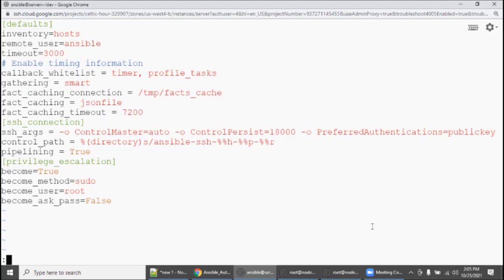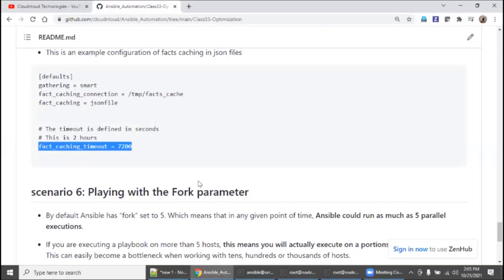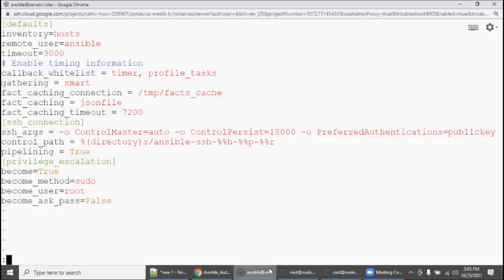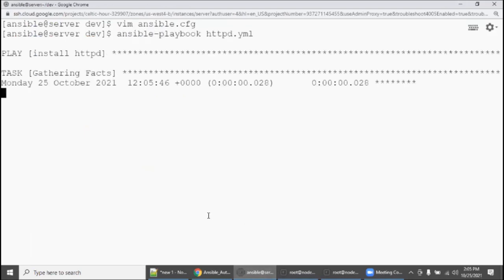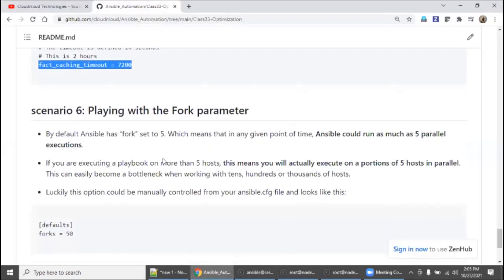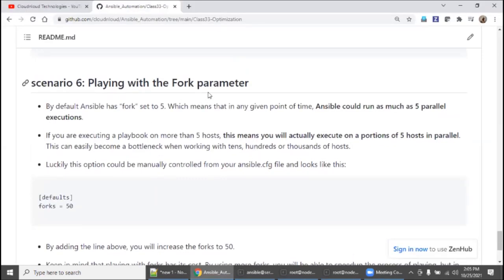That is why we are giving 7200, so almost 7200 seconds. I'm going to save this. Come down. You can execute it now. For this environment, this will be in place, cache enabled. Come down, and there is a fork parameter.